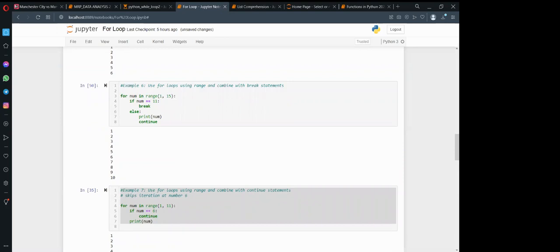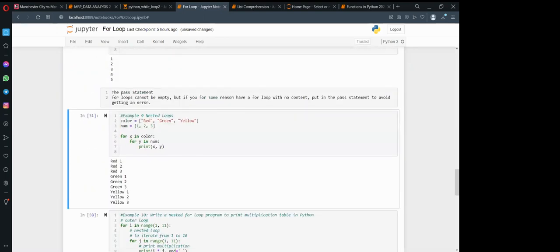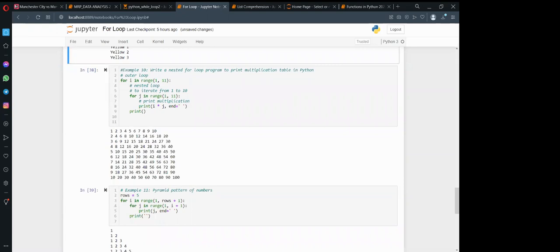So if number is equal to 11, we break. So range up to 15, the same range we are applying here when we want to generate the multiplication table using Python. So this is nested because we have two for loops. When we have more than one, then we call it nested. So a for in another for. Then we have this and we have this.